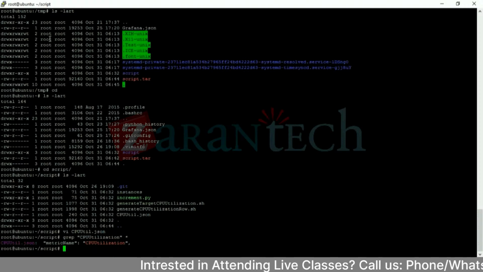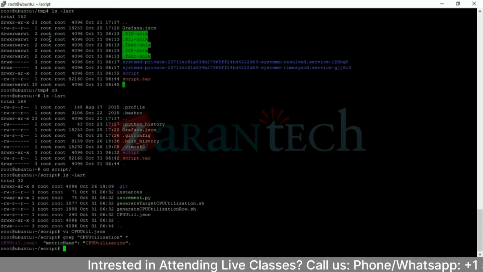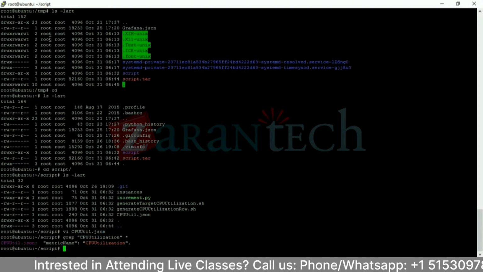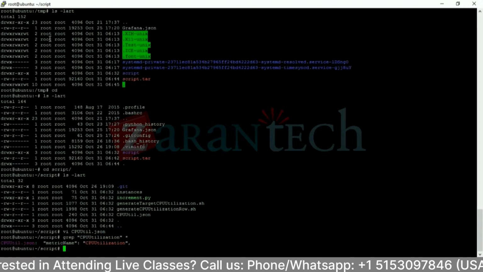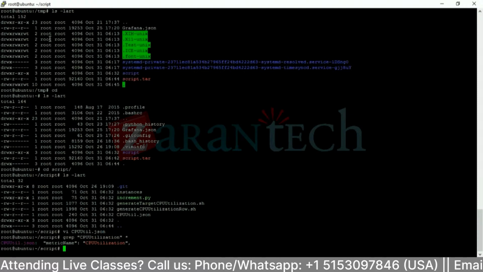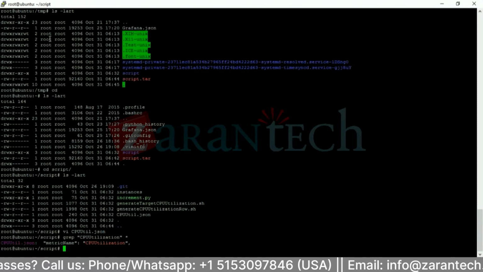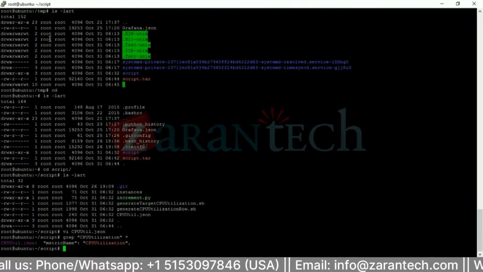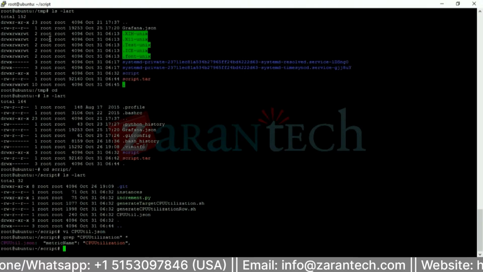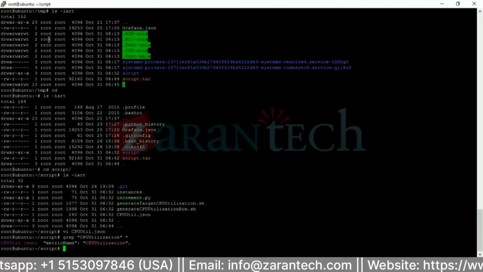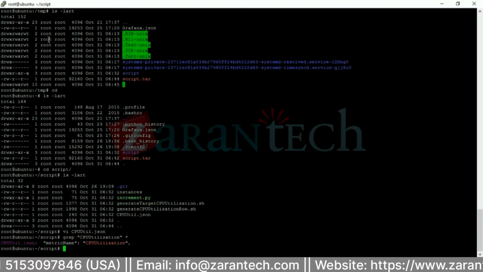Now basically grep is used to search content when you don't know exactly which folder the file is in. So in scenarios like this, we will use the grep command in a different manner. So what we'll do is, first of all,